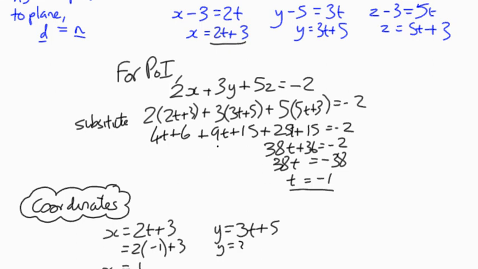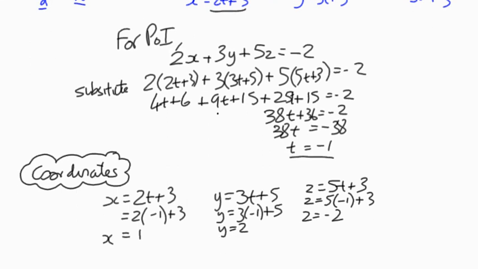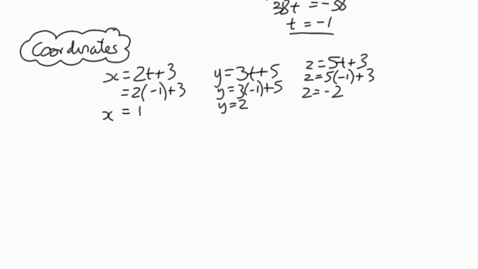So that's going to be 3 times negative 1 plus 5, which is 2. z is 5t plus 3, so it's negative 5 plus 3, which is negative 2. And therefore, we can say, with a great flourish,